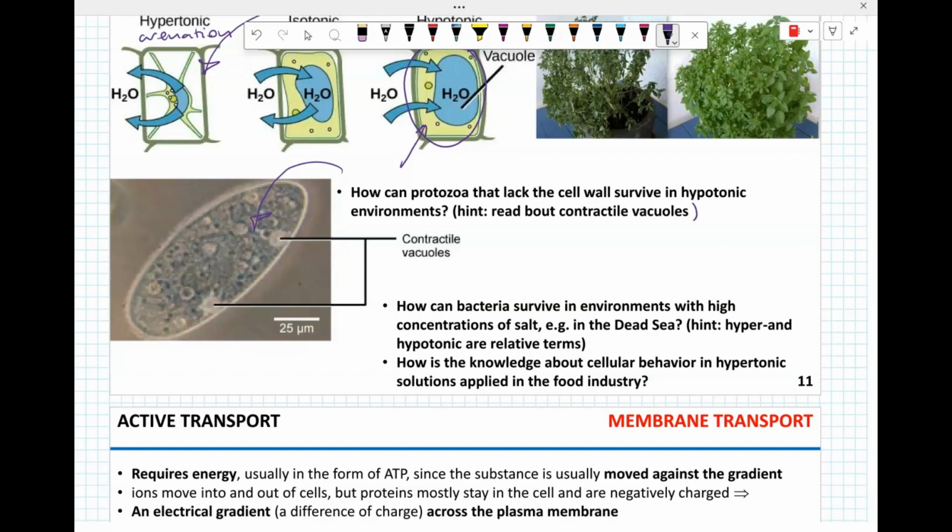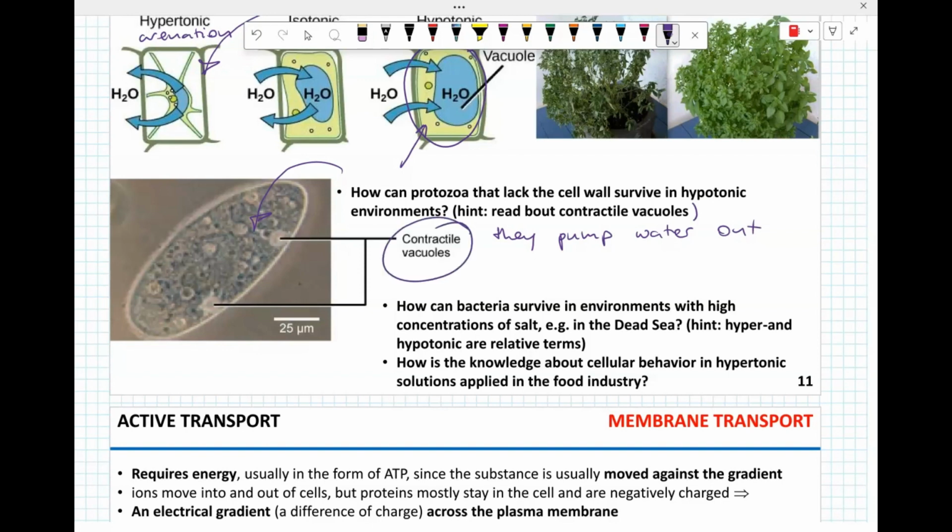The answer is pretty simple. They pump the water out of the cell constantly. They use enormous amount of energy for this, but nevertheless, they can survive by constantly pumping the water using contractile